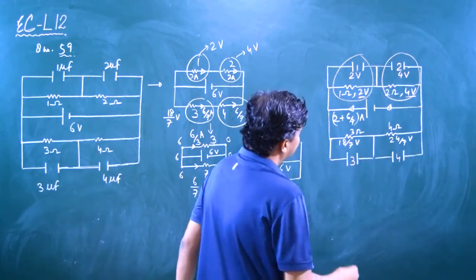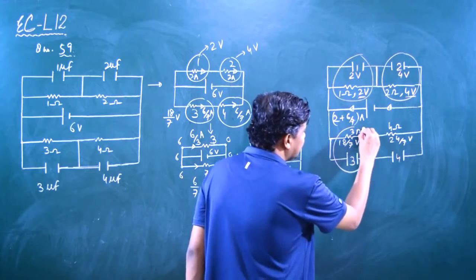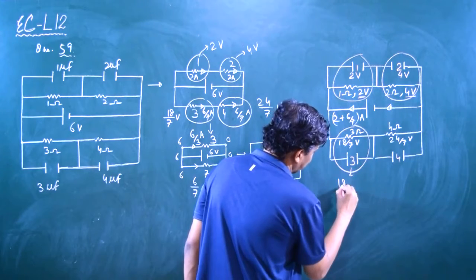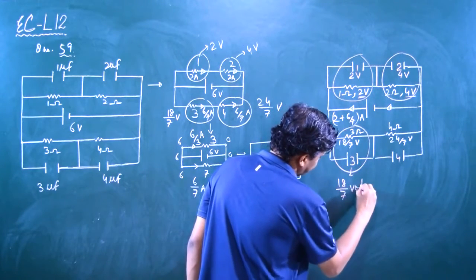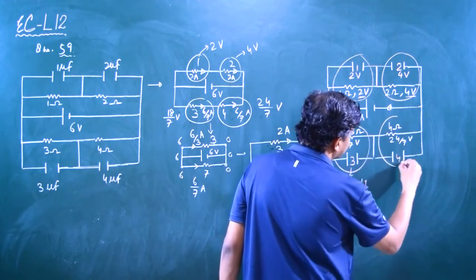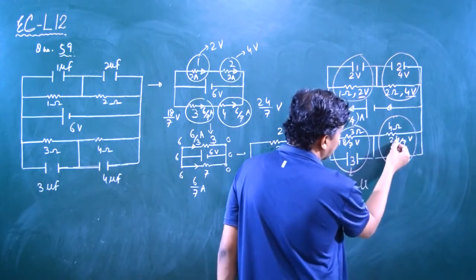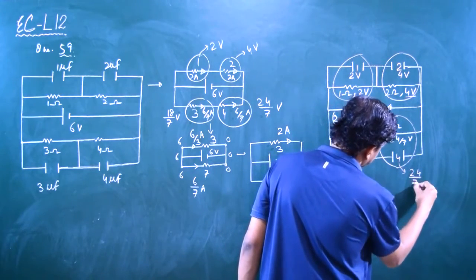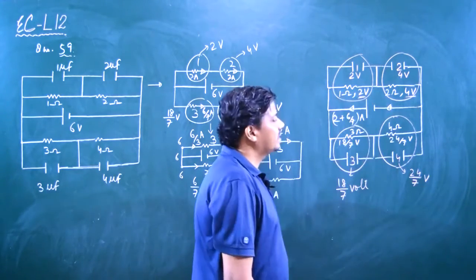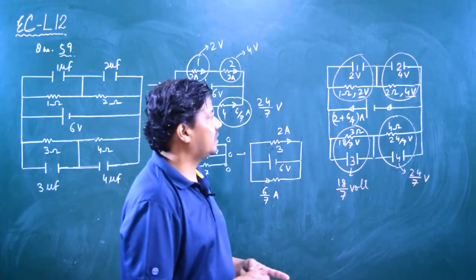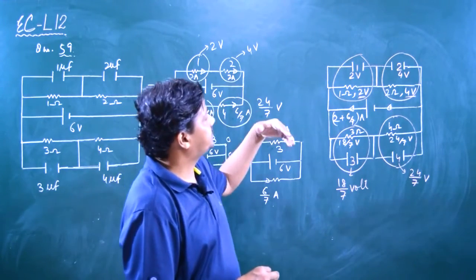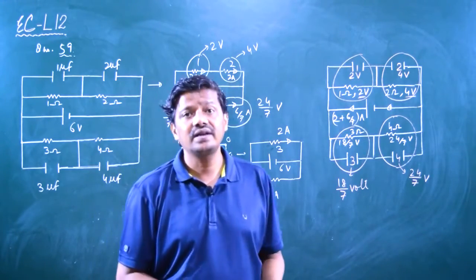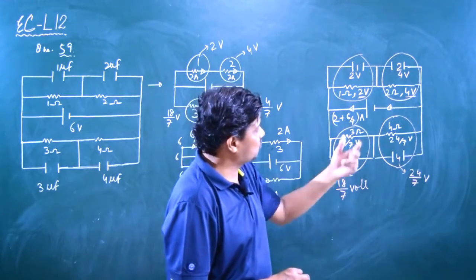Now similarly here these two are in parallel, voltage here is 18/7 volt. That's why across the 3 ohm resistance also voltage is 18/7 volt. Similarly at this part, across the resistor we have potential drop 24/7. These two are in parallel, so here also potential drop is 24/7 volt. Now across the capacitor we have all capacitance and potentials. Now we have to get what? The charges across the capacitors 2, 1, 2, 3 and 4.